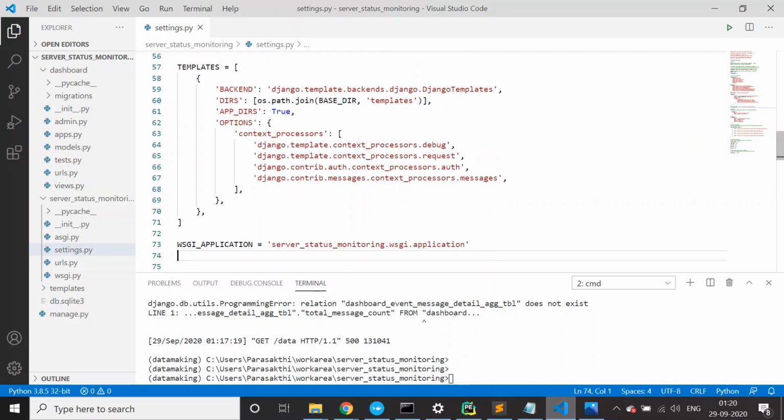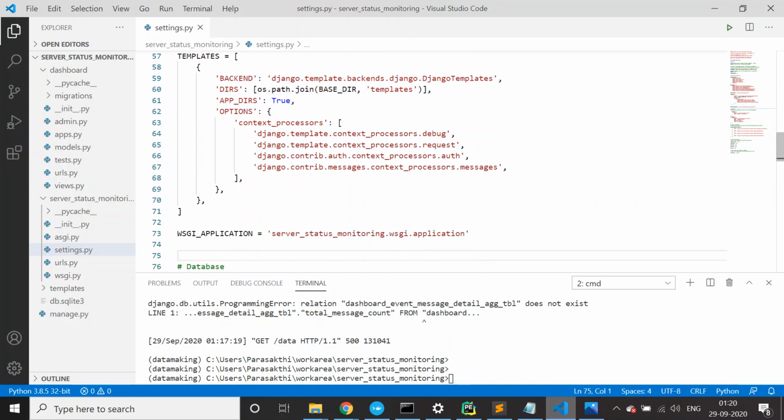Okay, so I'm going to use a template. Basically, Django is based on a design pattern; there's a design pattern called MVC, right? Model View Controller. Django is based upon model view template, MVT or MTV, whatever you call it.